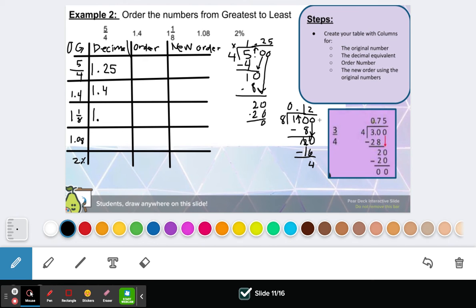So because I still have this 4 left over, I need to go over 1 more 0 to bring down. 8 can go into 45 times. 8 times 5 is 40. I subtract, I get 0. So then that means the little bit more from the 1 and 1/8 is going to be 0.125 thousandths. So 125 thousandths. Okay. This one I rewrite 1.08,